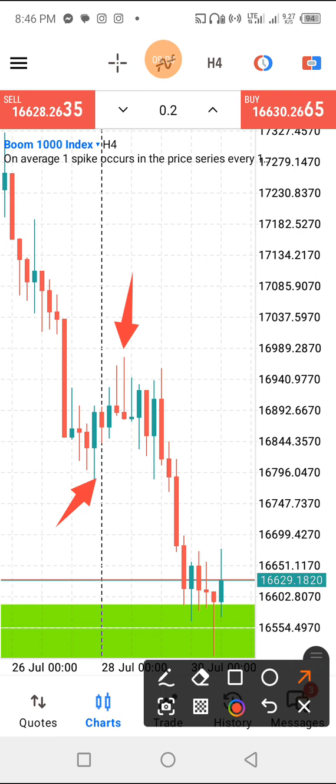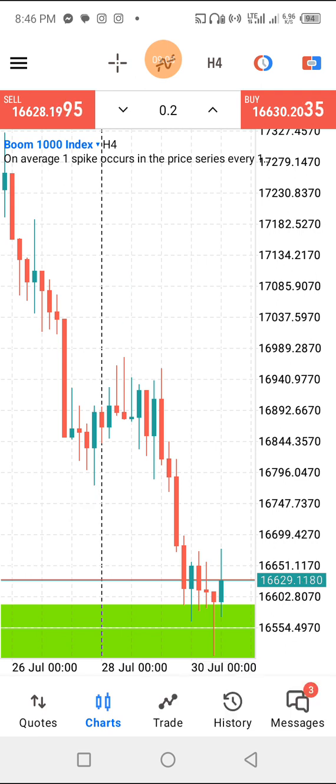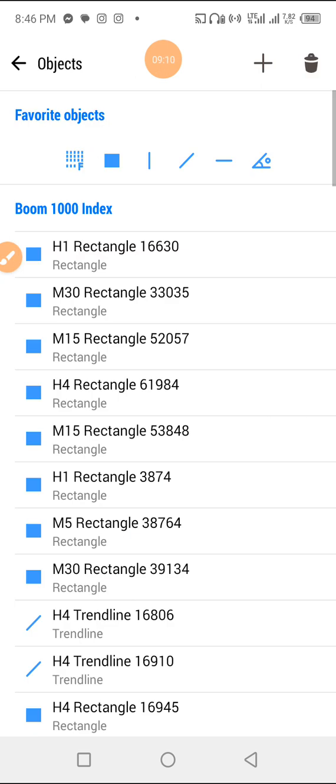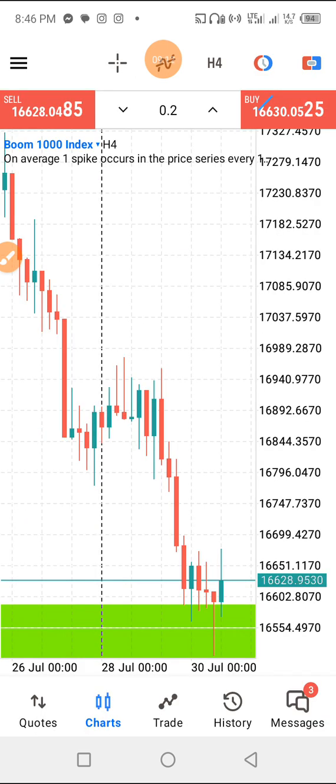So more or less we have a break of structure here now. Let me show you. There's a break of structure at this point. You notice that there's a break of structure there. So when you check very well, you will notice that we have an imbalance at that zone, a huge imbalance. So meaning that there's high probability that when price comes into this zone,